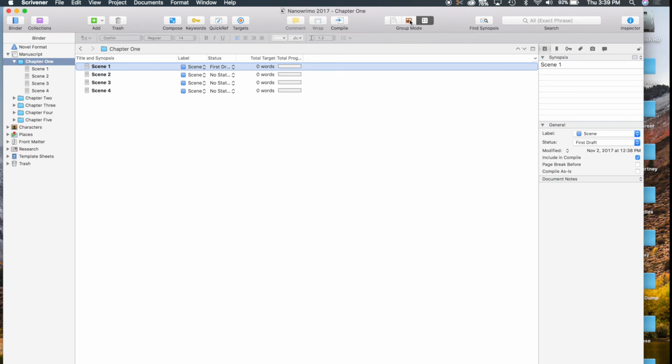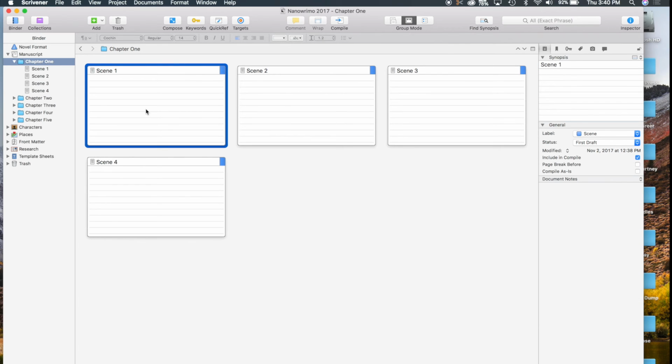But typically, I'm working in the corkboard mode. And on there, you can change your scene name, and it will change it over here. You can do a little description of what's going on, like main character enters room, whatever you want to call it, just to give you an idea of what's going on in that scene. And then down here in status, along the right hand side here, you can see under your inspector